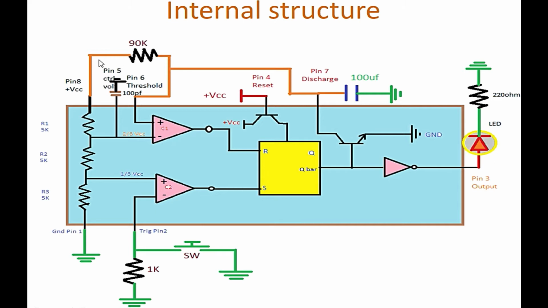Okay, so this capacitor will charge until 2/3 of VCC. Suppose it is charged this much or more; in that condition, the positive voltage will be higher than the negative voltage of comparator number 1, and the output will be high. Then this flip-flop is going to reset. Reset means it will go back to its original position, the one it was in the previous condition. So this output will be low. And that's all about this circuit.